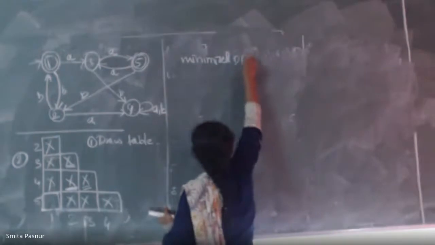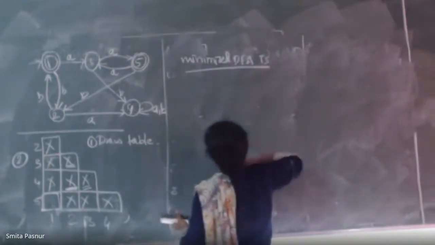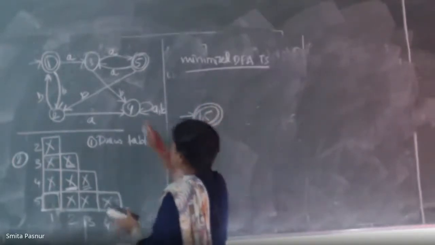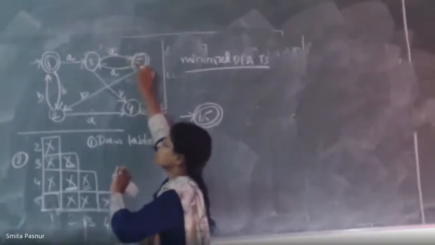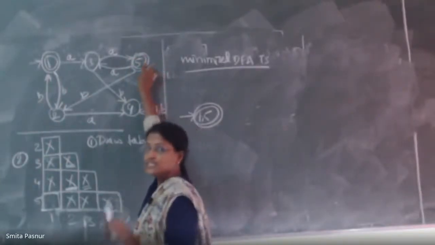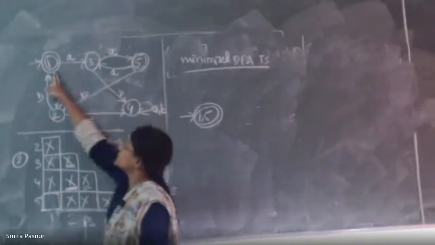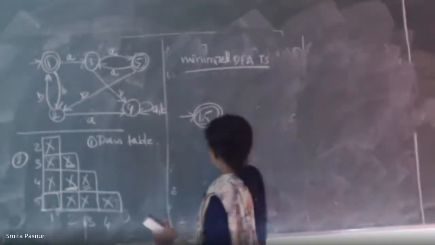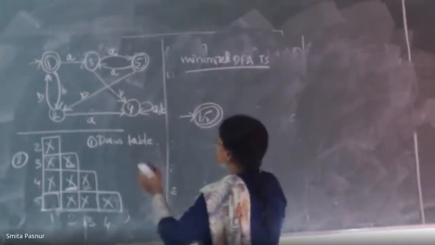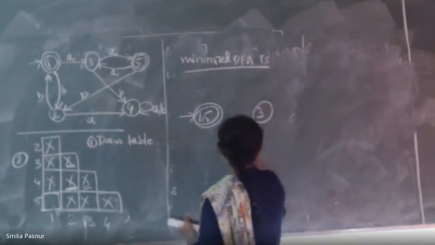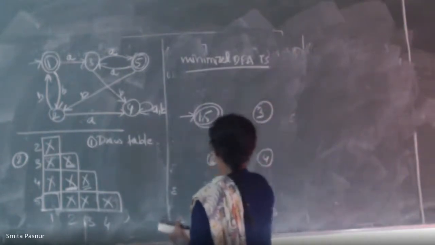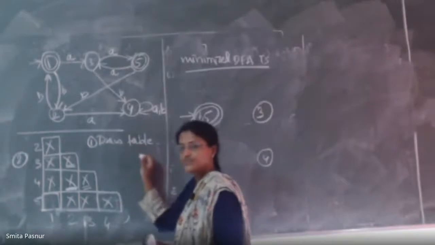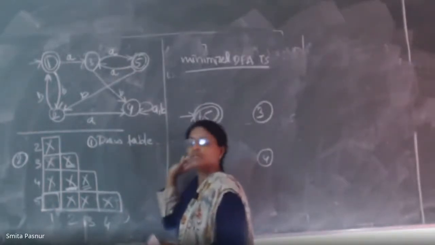Minimize the DFA E. Okay, minimize DFA E. So here only I am going to write 1 comma 5, not where 5 is. Why? Because 1 is the initial state. So where is 1? Here at the initial. So here only I will merge 5. And after that you can just write down the states wherever they are. See, 4 is here and 2 is here. Got it? Now just see the table you have made here, and complete the diagram.